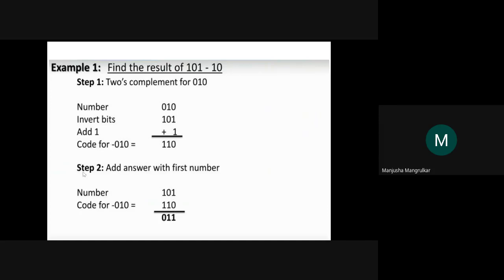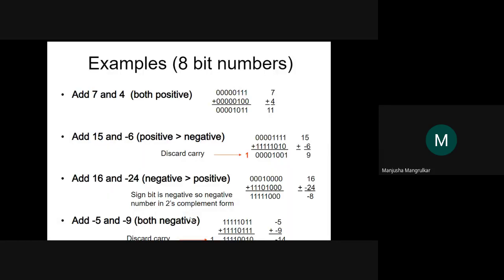1101 carry. So this is the subtraction of 101 minus 10. This is the subtraction's result. Got it? Now where is the problem with that? If both numbers are positive, there is no problem. We can add them simply. If it is a decimal number, it has to be converted into binary and then go for the addition method, right?